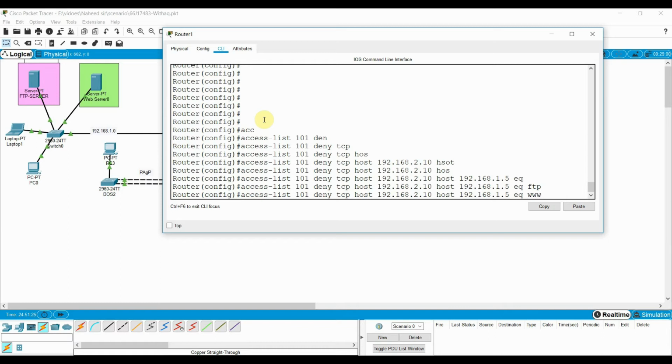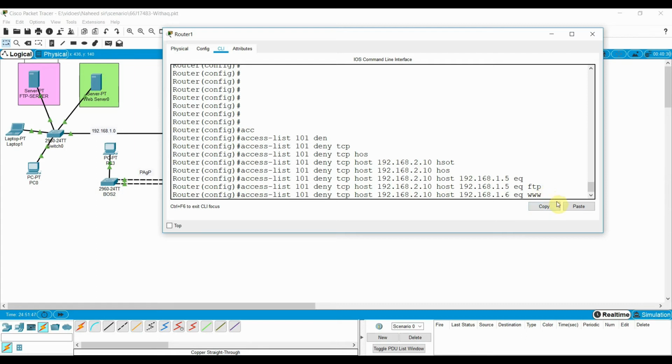You can write www here, and the source address will be the same, but the destination address is this server. What is my server address? 1.6 is my web server.